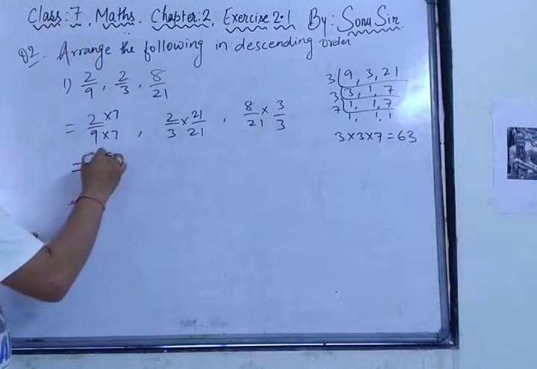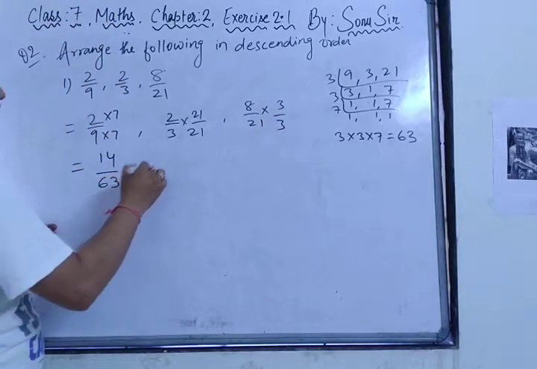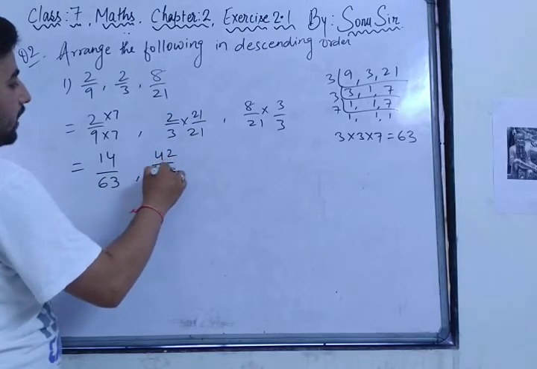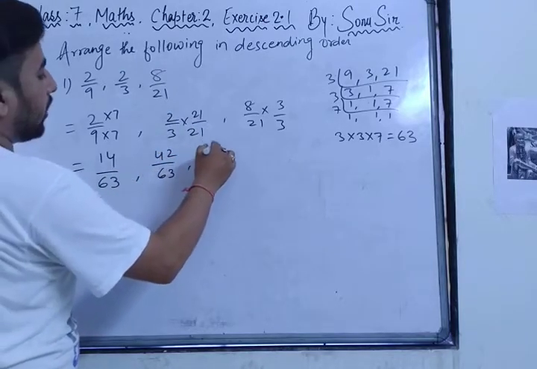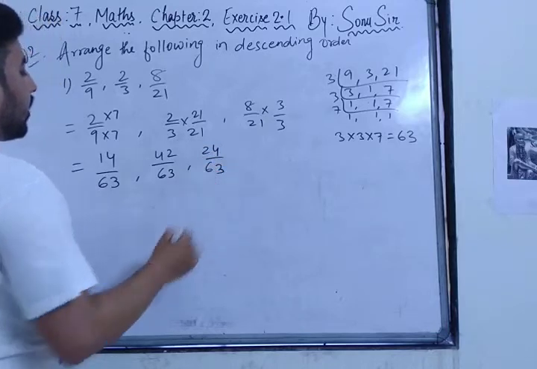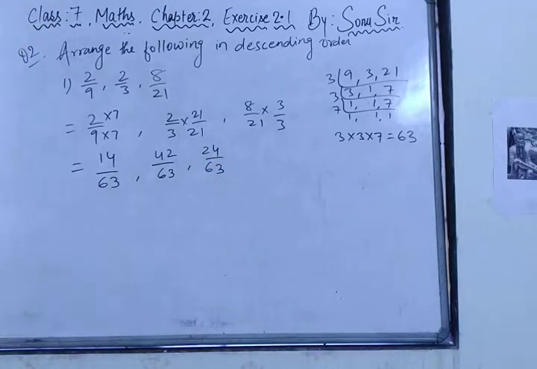So 7 2s are 14 by 63. 21 2s are 42 by 63. 8 3s are 24 by 63. Descending order means, you know, descending means big to small. First of all, you should know which one is big, right? So if the numerator is greater, then that number will be larger. So 42 is greater than...